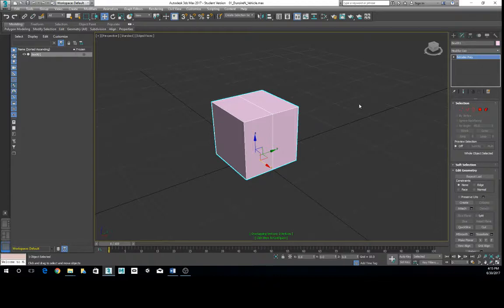Okay. Now, why this is important is when we're working with our Swift loop, it takes the flow of geometry into account and tries to maintain nice clean flow for us. So it's not going to create edges in weird spots. It's going to actually look at the shape and apply that edge loop accordingly. So for example,